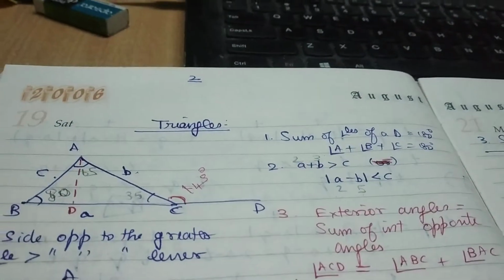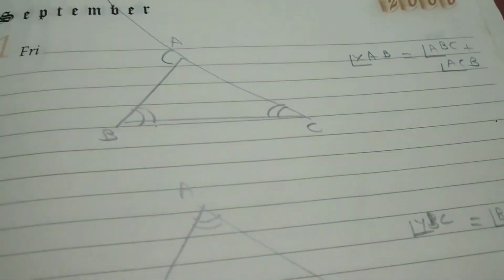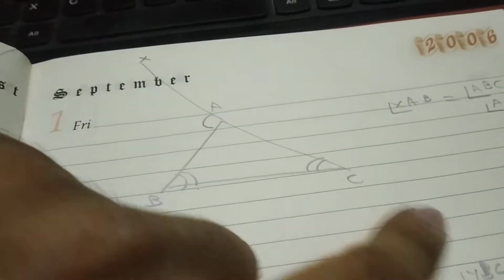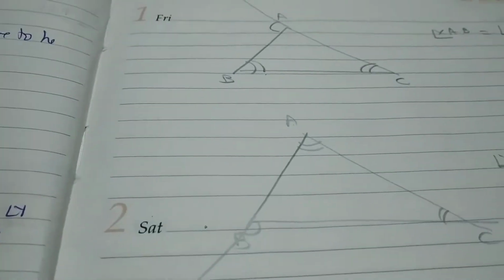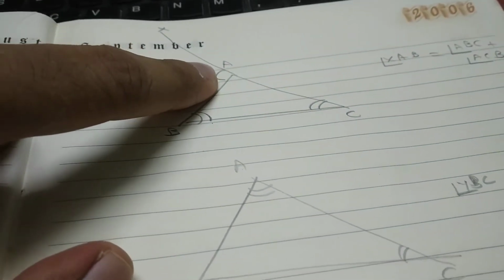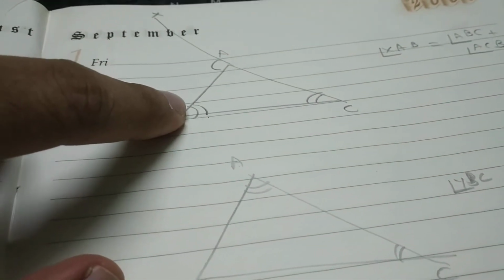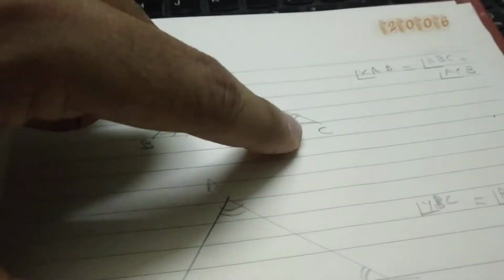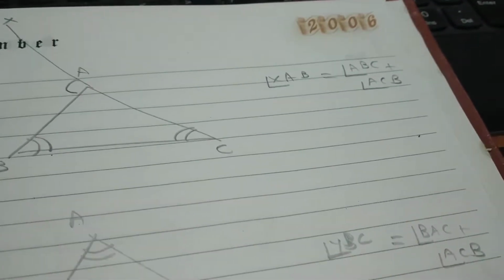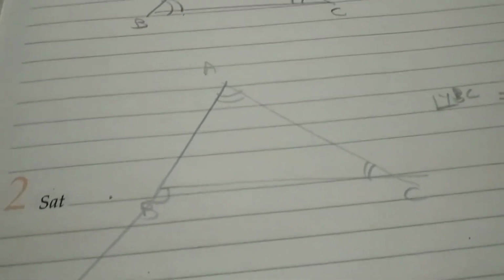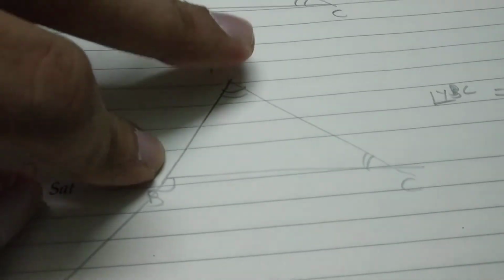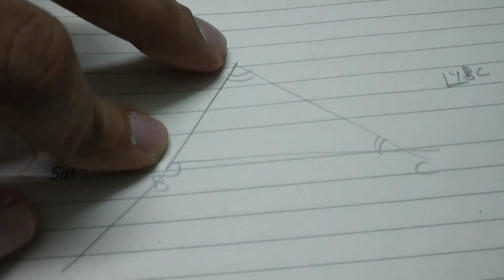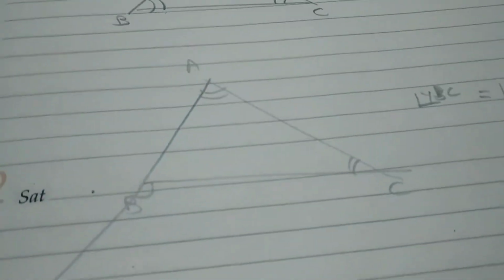145 degree. Suppose that if I extend the side AC to X and the side AB to Y, now this exterior angle A will be equal to the sum of interior opposite angles, angle B and angle C. I have given here clearly. Okay, so if AB is extended, this exterior angle B will be equal to the sum of interior opposite angles, angle A and angle C. Understood?